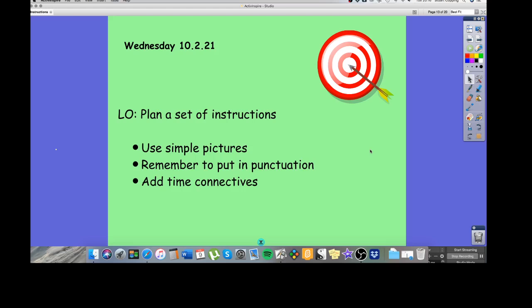So today, in fact, let's just have a quick recap. This week, so far, we have practiced following instructions. We have had a look at the features of instructions and what we need to include when doing a set of instructions. And you've also learnt a little bit about imperative verbs. Those bossy verbs that give us commands that we use in the "what you do" part of the instructions. So what we're going to do,